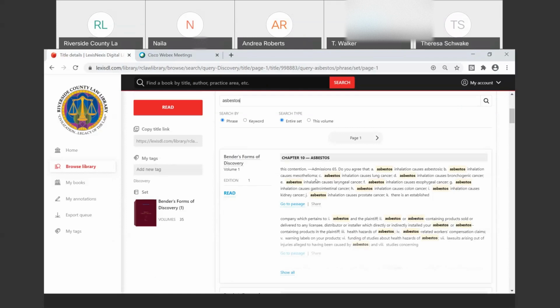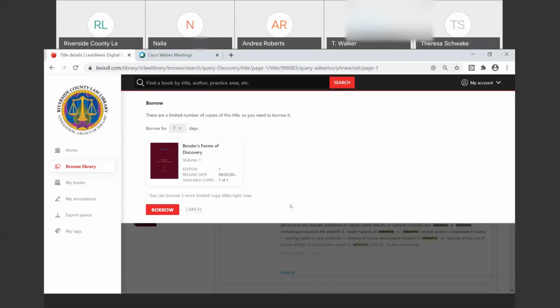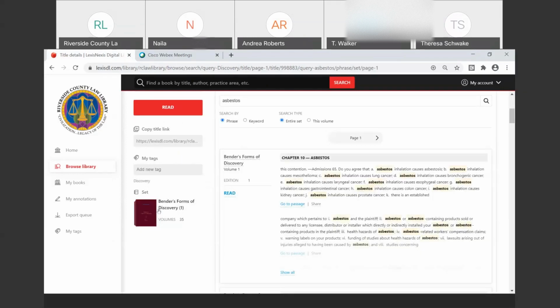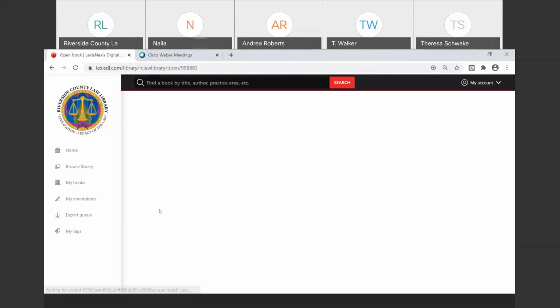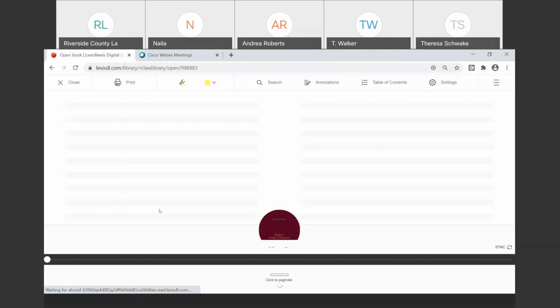If I wanted to start from the beginning of volume 1, again, I can just click read. But if I want to jump right to chapter 10, all I have to do is click go to passage right here. And what that's going to do, it's going to let me borrow this title. So it's going to pop up and tell me, yes, borrow. You just click borrow. It'll open it up for you. There we go. And what that's going to do is actually drop me into Bender's Forms of Discovery right to chapter 10, which